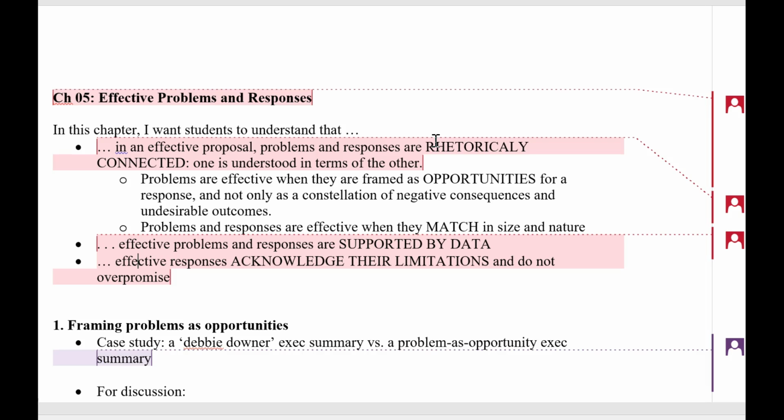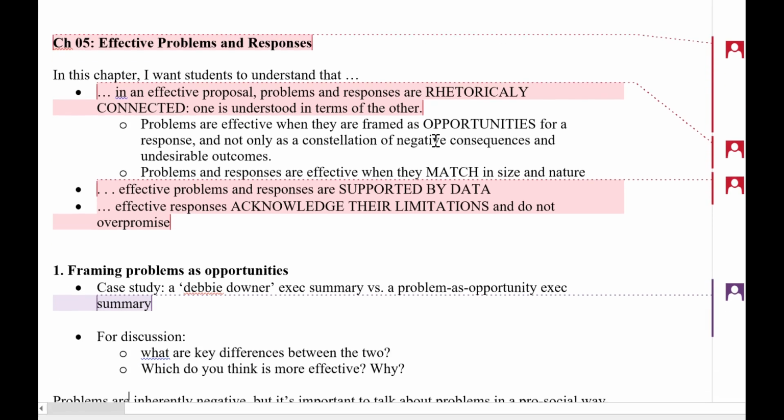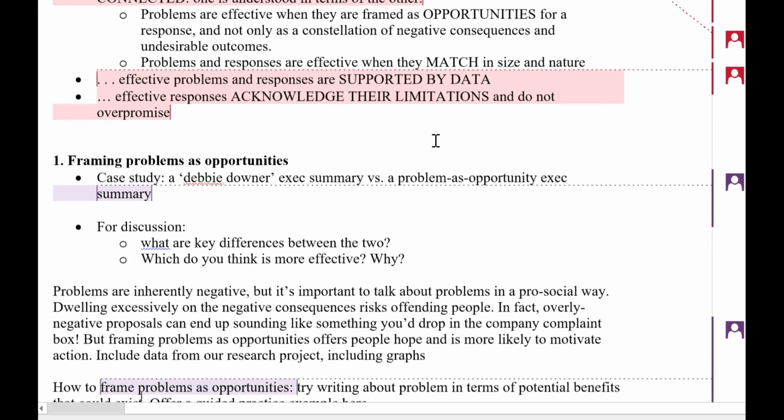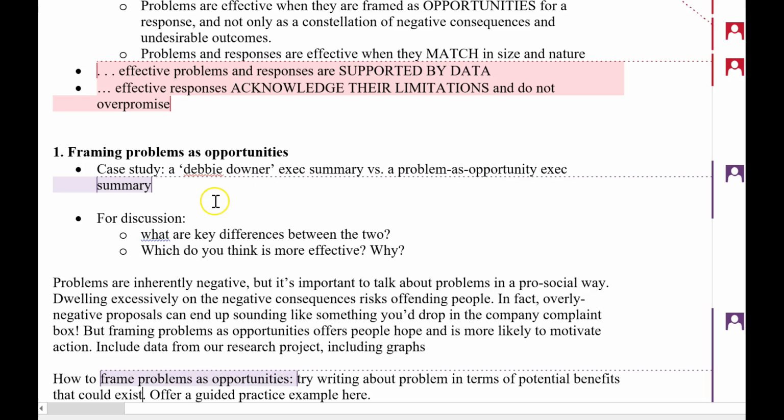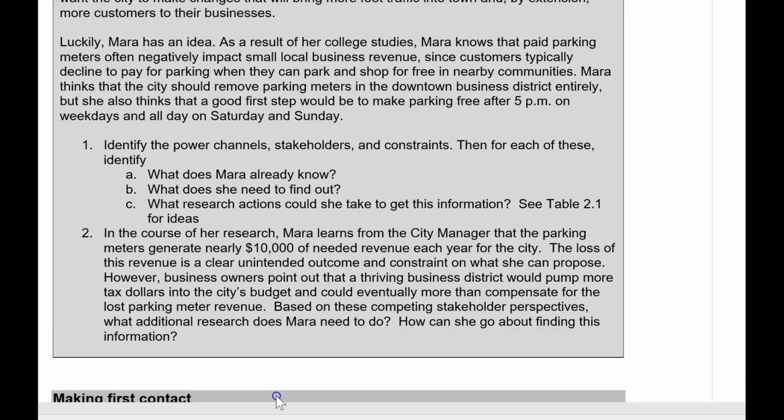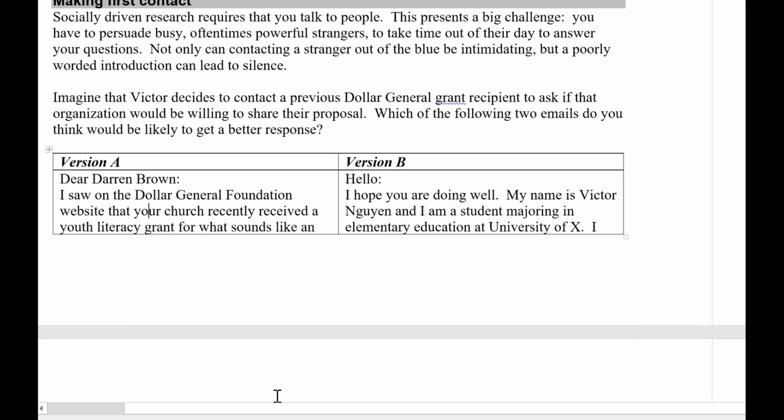Okay, and I like how you're framing this. This very first one, you don't have to necessarily frame this as a case study. Let me show you again in chapter 2 what I have done here. Yes, so this exercise here, making first contact, I just say, imagine this is happening.